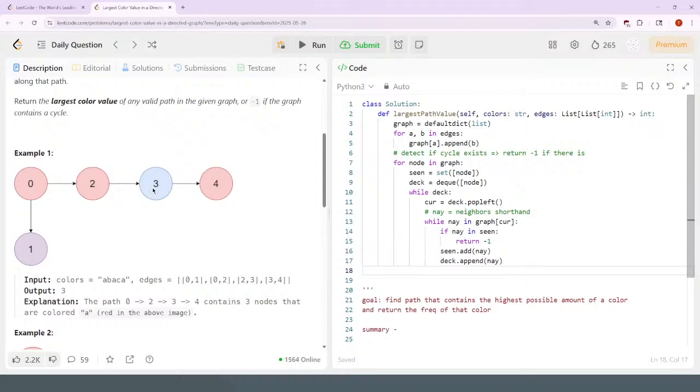So if I had 6, and 6 is not part of this directed graph, and 6 is not in scene, so 6 goes to 0, but 0 is part of the scene set, so it's going to detect that it's going to